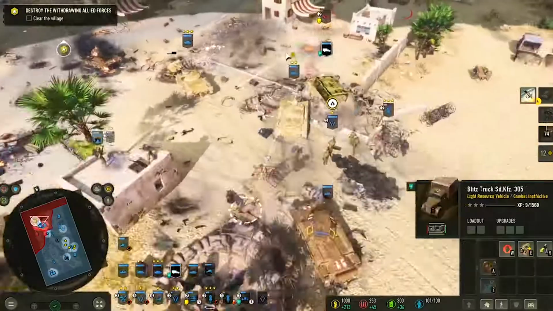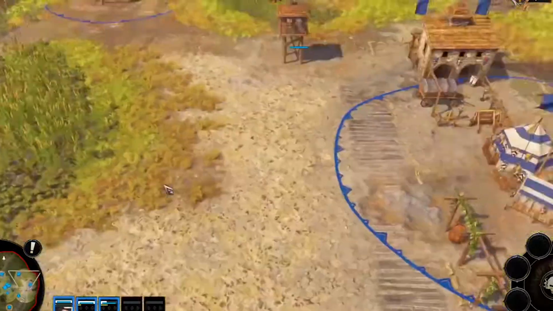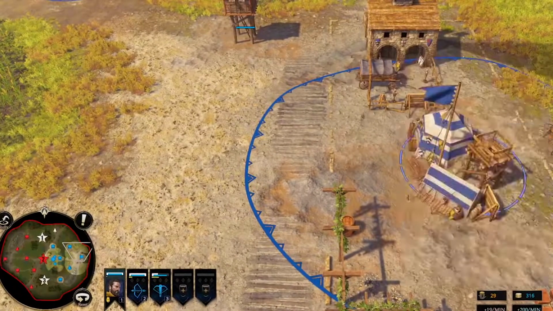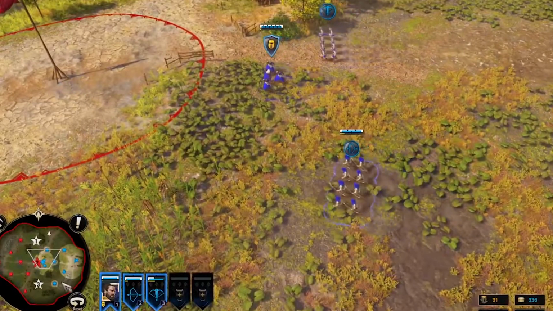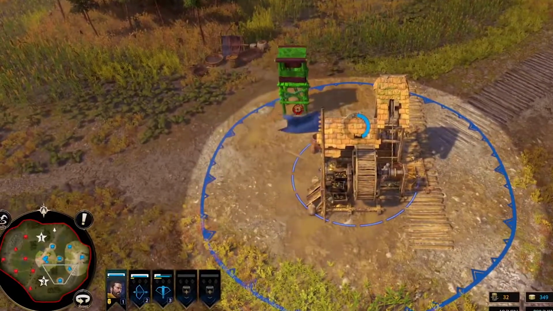This mode is very similar to Company of Heroes. You need to take control of various strategic points on the map, and each of these points will give you access to resources, either wood or gold. These resources can then be used to research unit upgrades, train units, or build defensive structures to defend your strategic